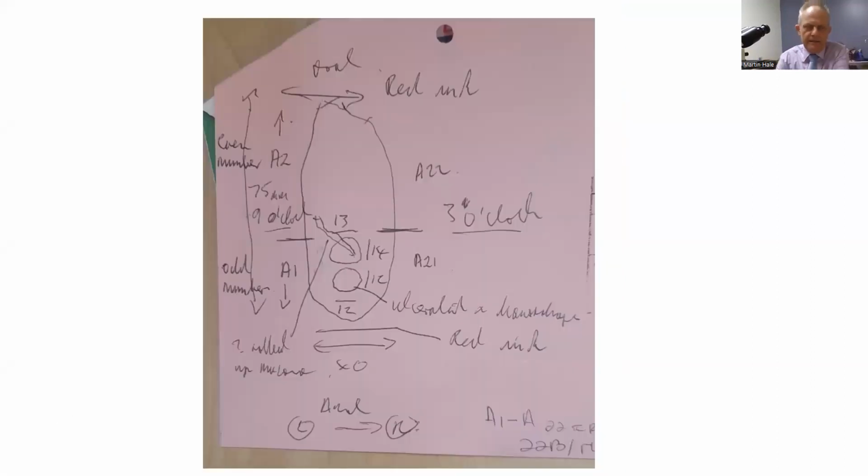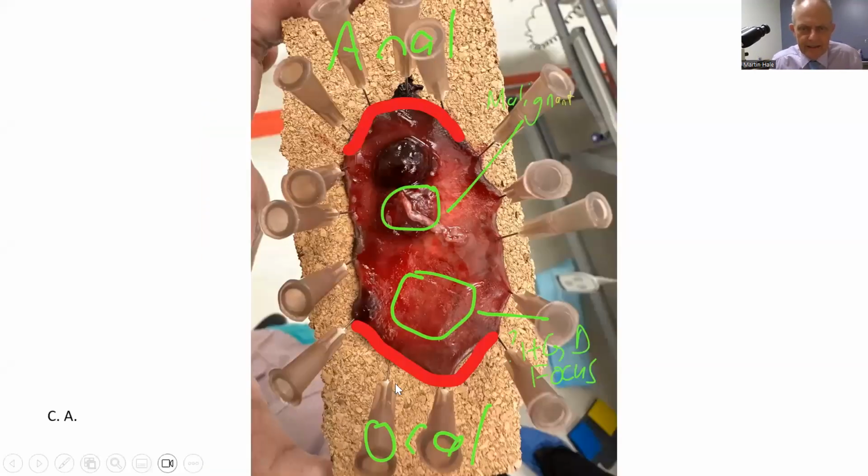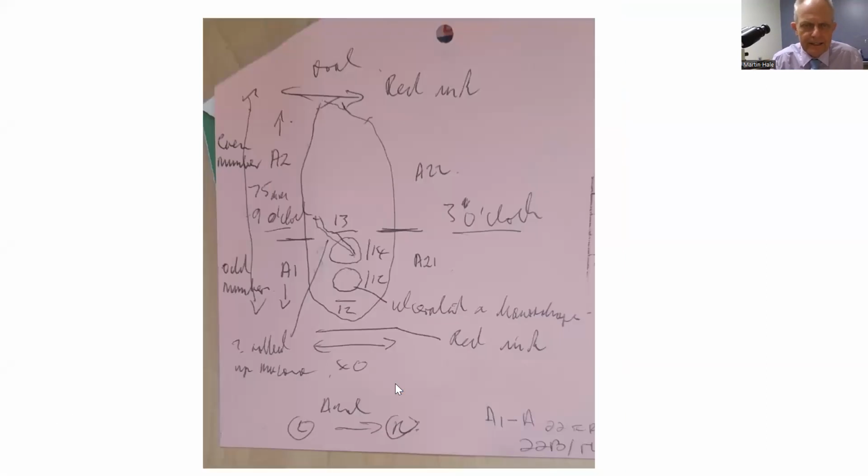So this now, and please excuse the artwork, I have inverted it. That's the anal end and that's the oral end. As I said to Vikash, we have to standardize which way we're going to put these things up, so that when we take pictures, we can make sure that there is uniformity. So this is the oral end. I hope you can read my writing. And this is the distal end here.